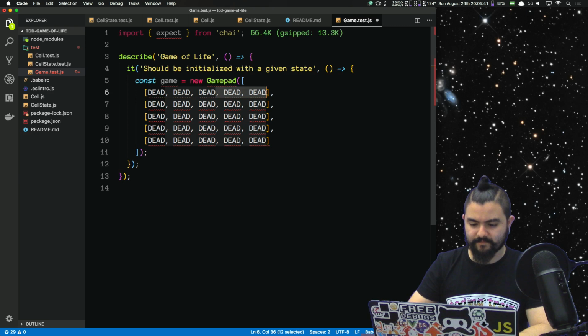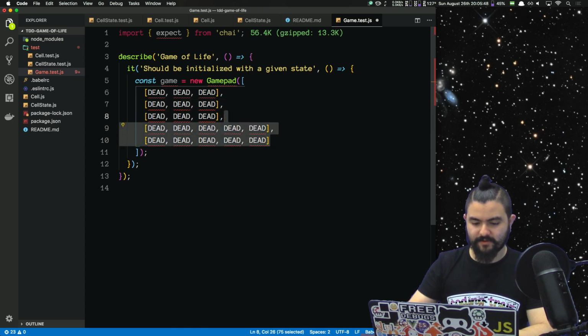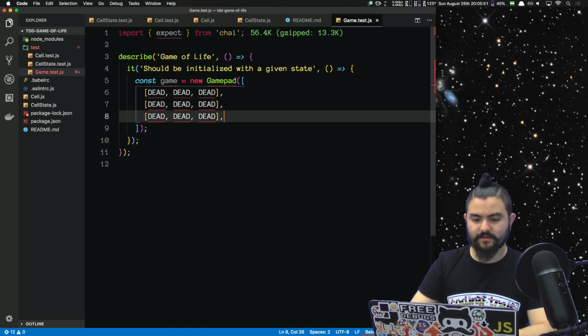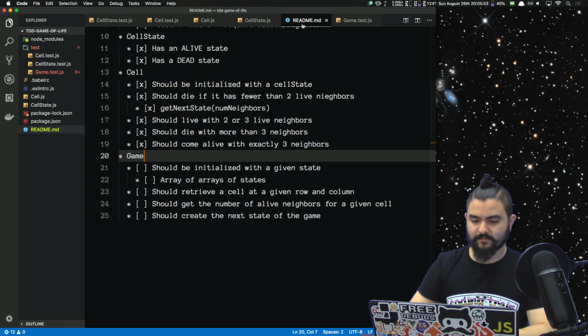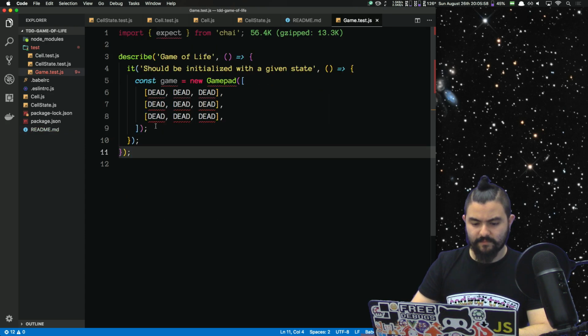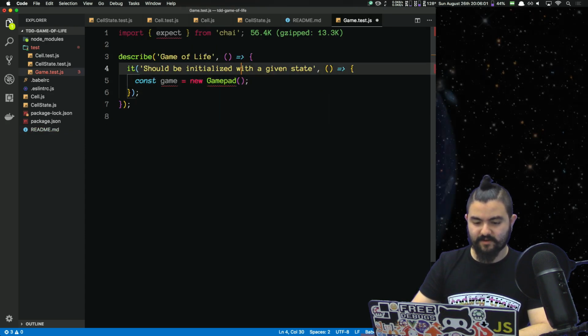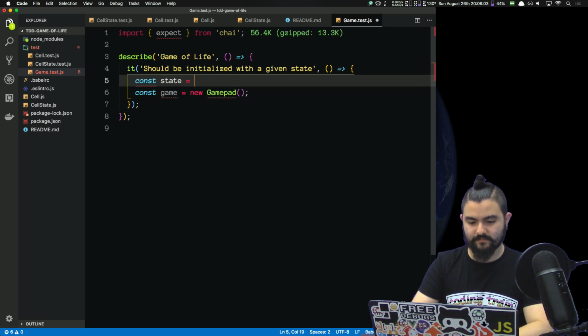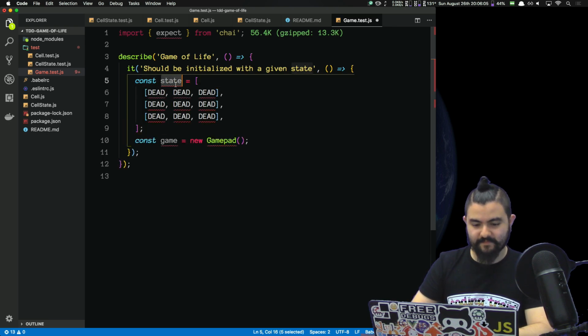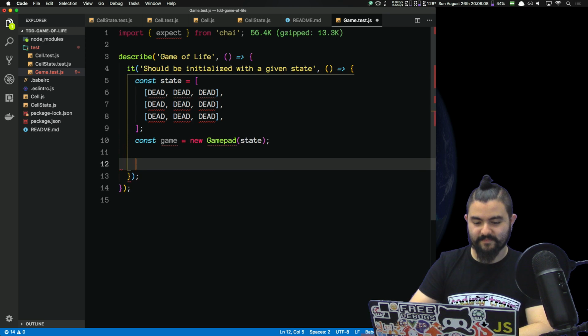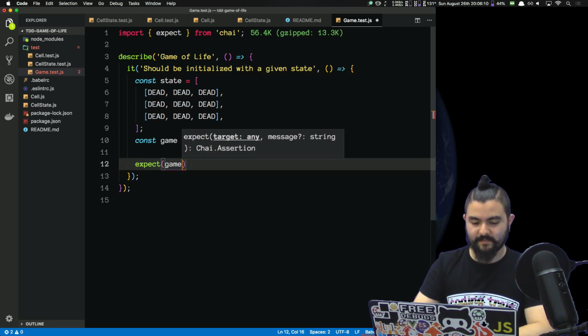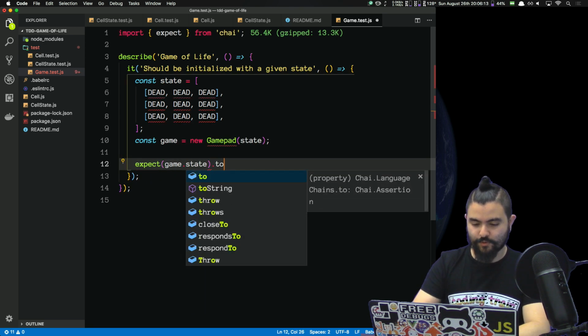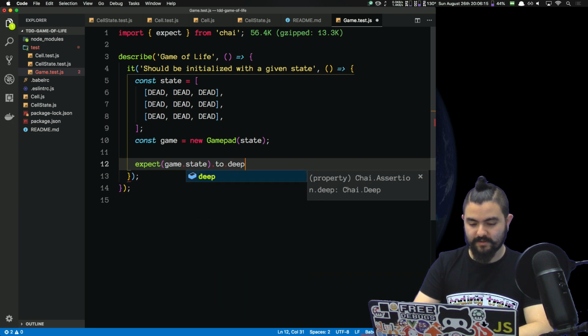So let's do 3 by 3, and it should be initialized with a given state. So let's actually do this. We'll put the state in a variable. And then let's just expect game.state to deep equal